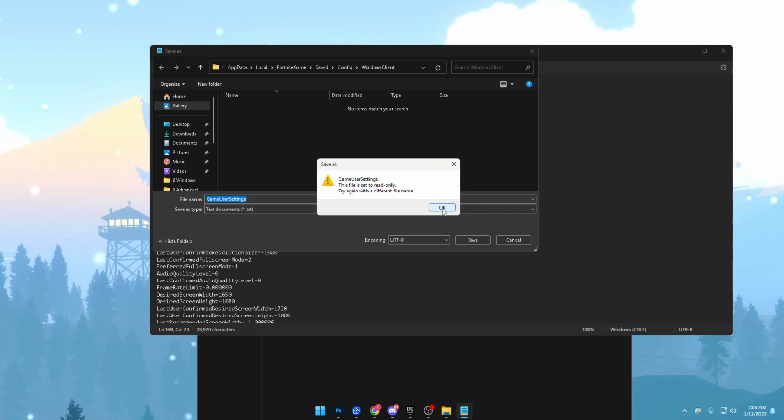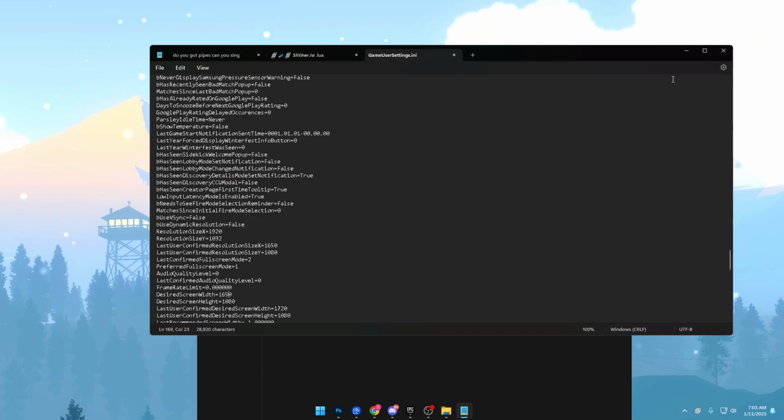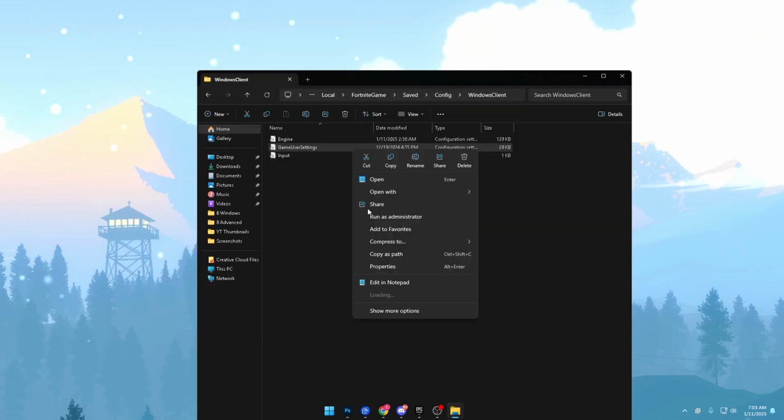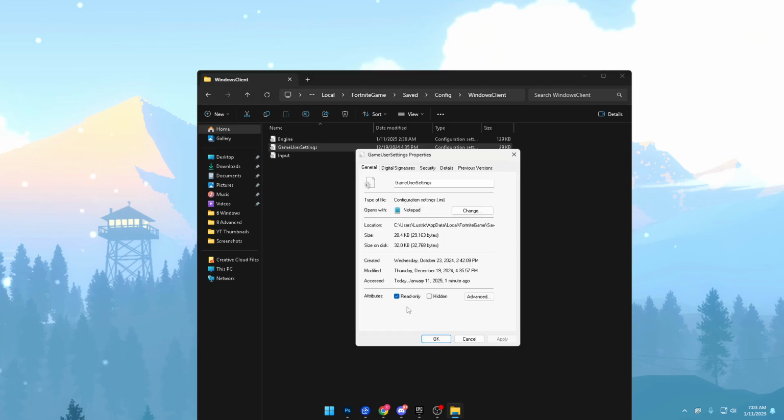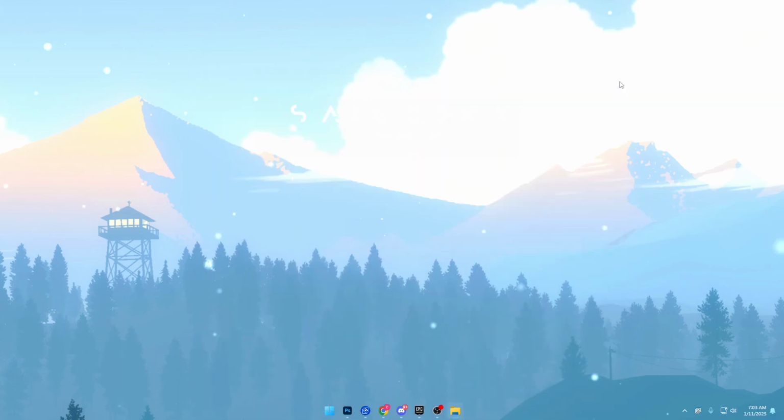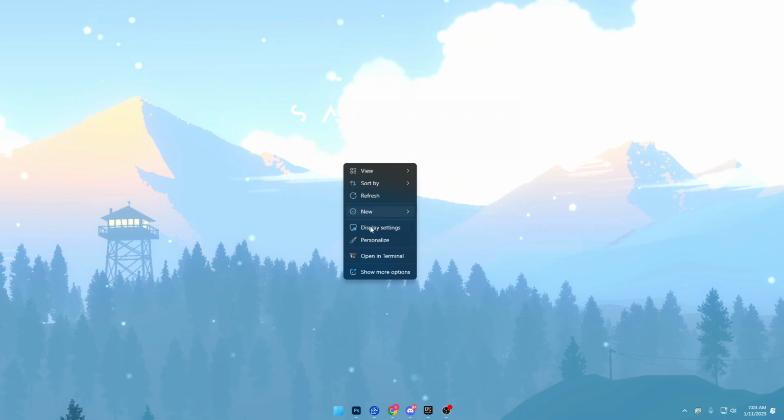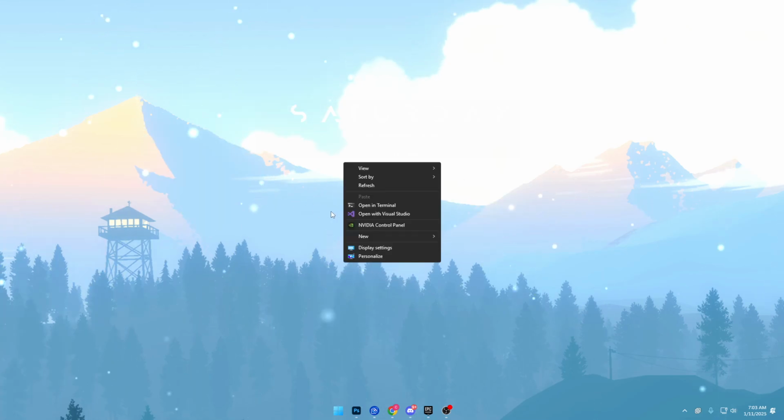and replace it and close it. And once you do, you're gonna go to properties. Make sure read only is checked so Fortnite can't change it. And then click done. Once you do that, you want to right click, go to show more options, open NVIDIA